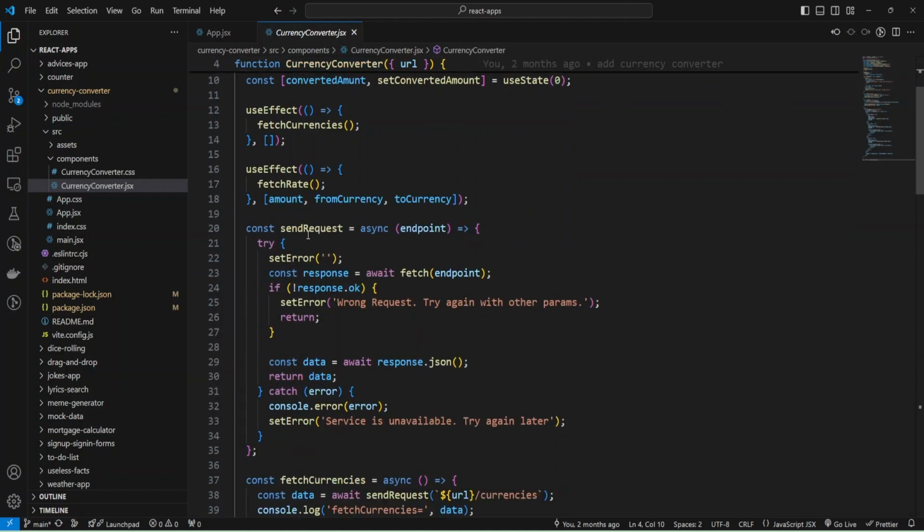And as you can see, we sent the request with Fetch, and now I'm going to change it to Axios.